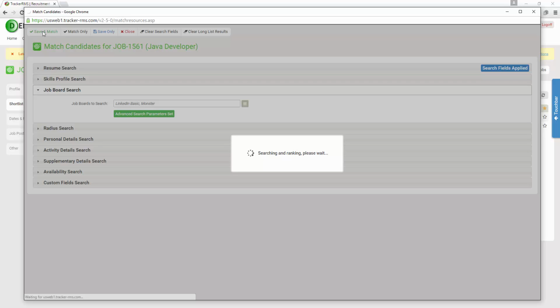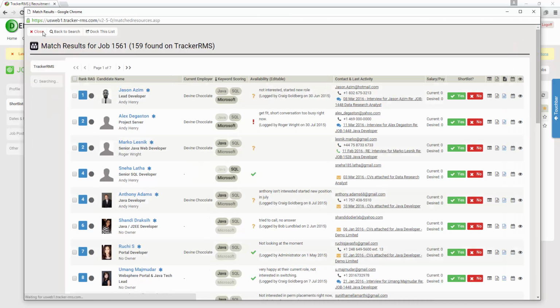Depending on the search that you're running, the more specific you're being, the quicker that search can run. But what you'll get back is all of the candidates in a long list view, which is essentially one page to give you everything that you need to source and work that position. You'll notice that it's split out into two tabs. The top tab is going to be your TrackerRMS candidates. The bottom tab is going to be your job board candidates,